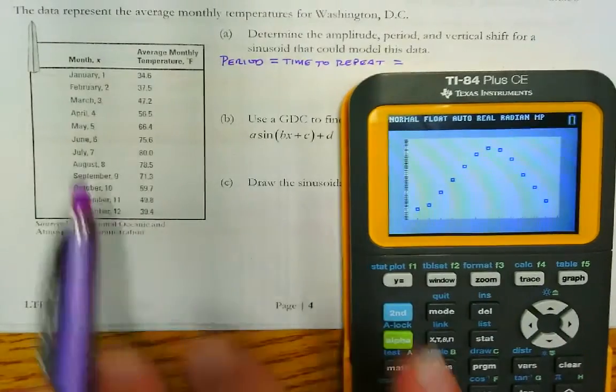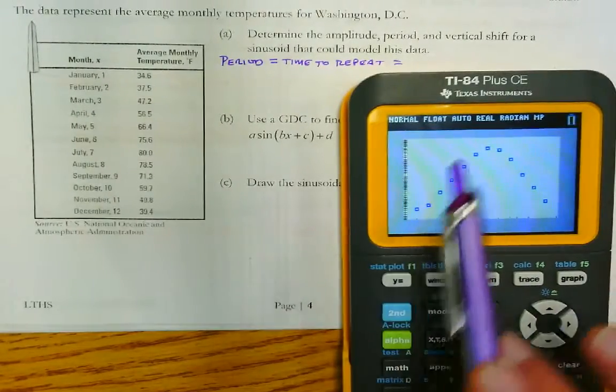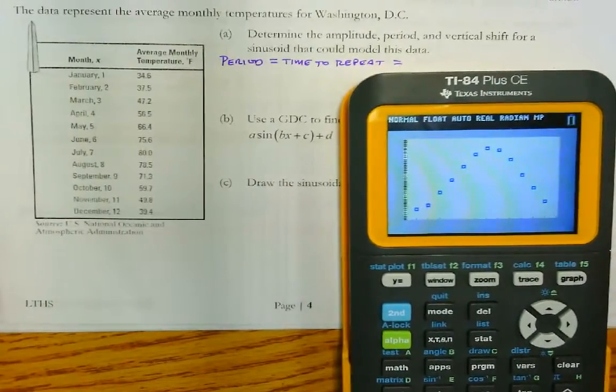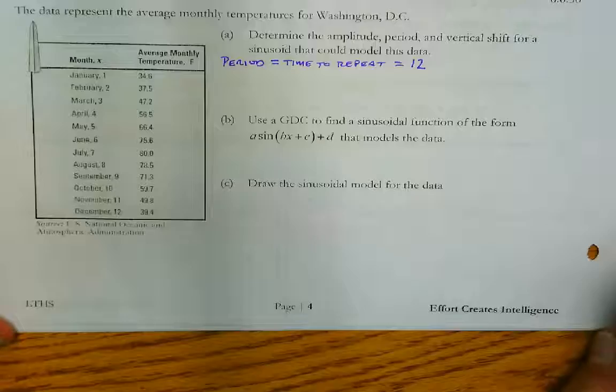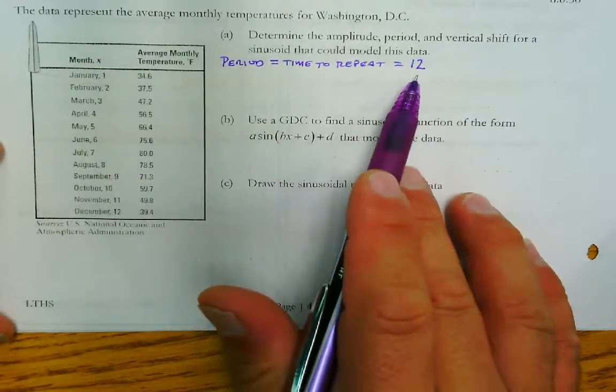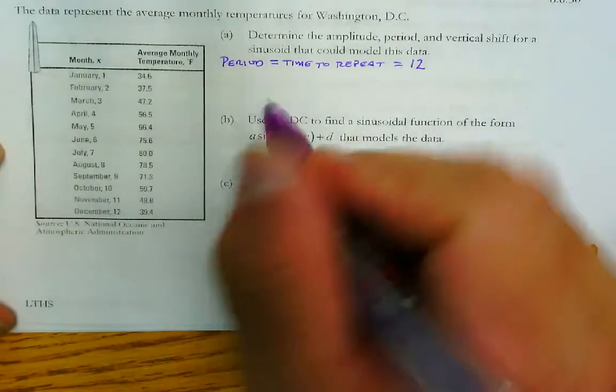And it seems to be that this data looks to have about a period for our function. Okay, well, if that's the case, then we now have our period. And that is that the time to repeat is the 12 months, so about 12. Okay, our amplitude